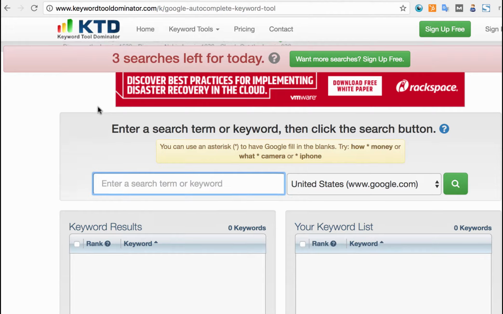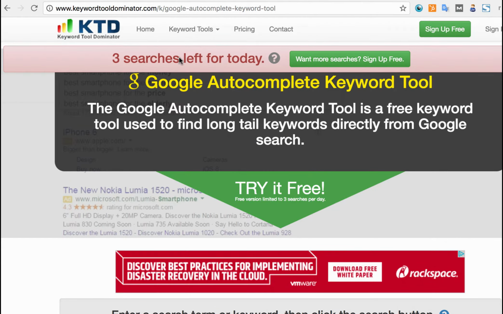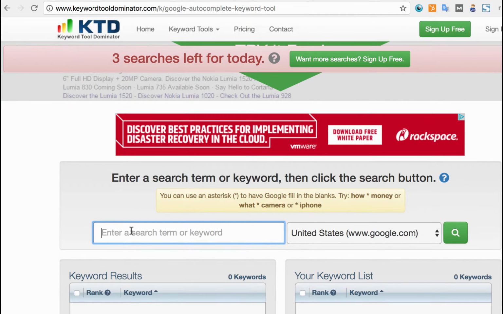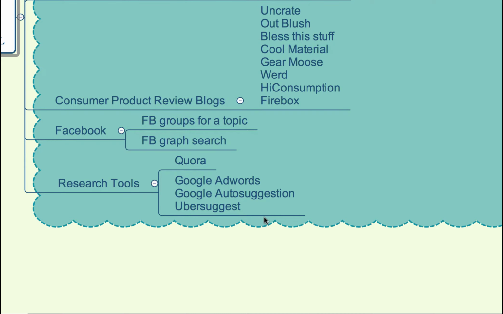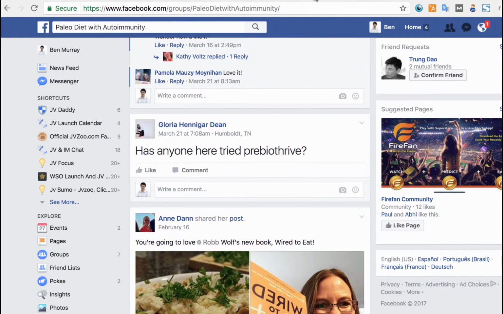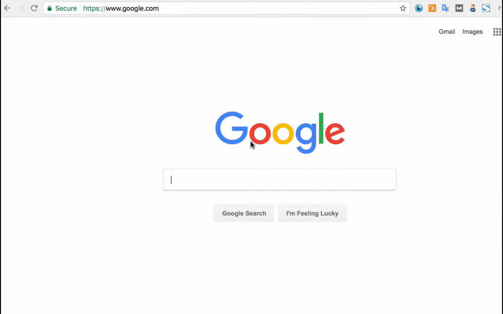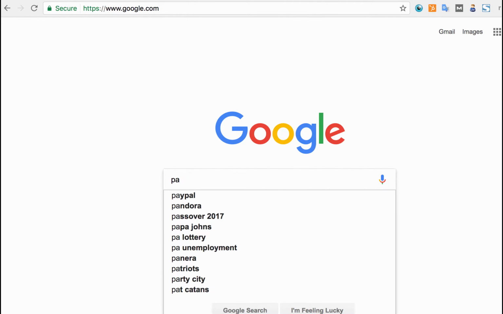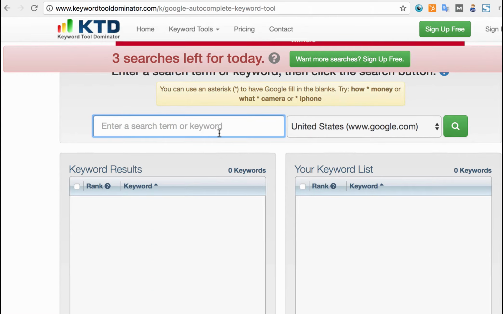Now, here's one of the top keyword tools. This is a paid tool, but you can search what they call Google auto suggestion, where you type in a name, or here, I'll do an example real quick, where you can type in a keyword and then Google will try to figure out what you're saying. This will search Google auto suggestion for some long tail niche ideas, which is really great.